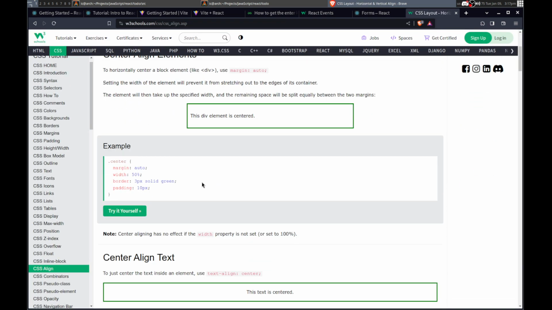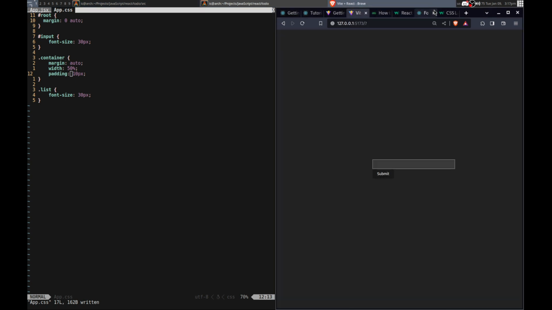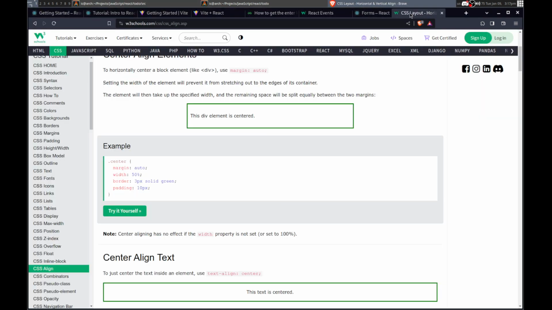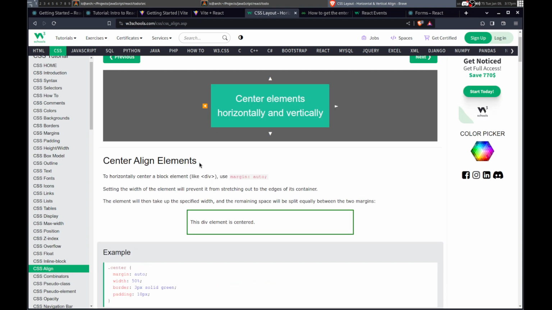I need to set up a grid thing. Margin auto. I don't know what this does. I know what some of it does. I don't care about the border. Alright, let's see how that looks. So that made that... It didn't do what I wanted though. I don't care about centering that. I should have read what it actually says. That's not what I want.